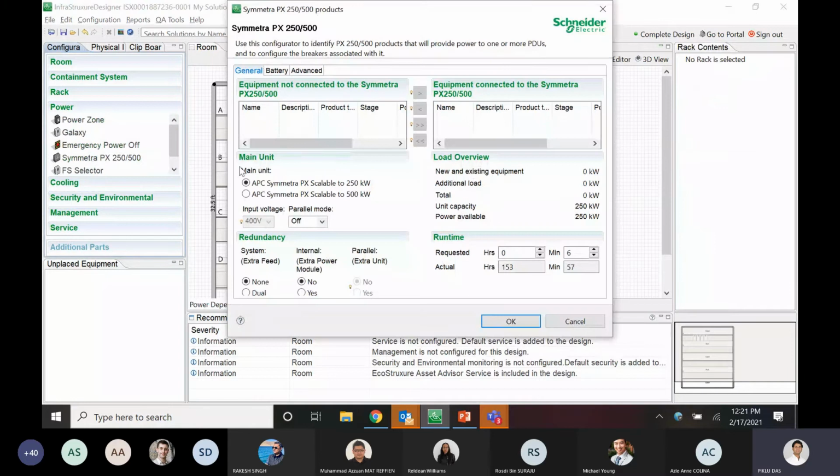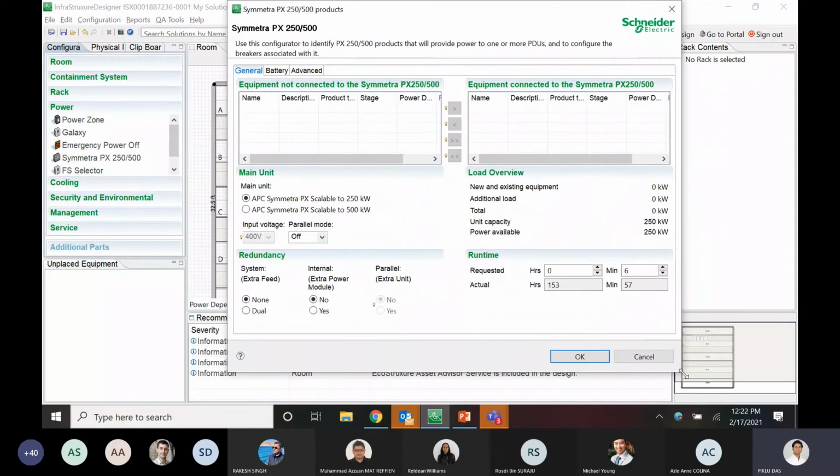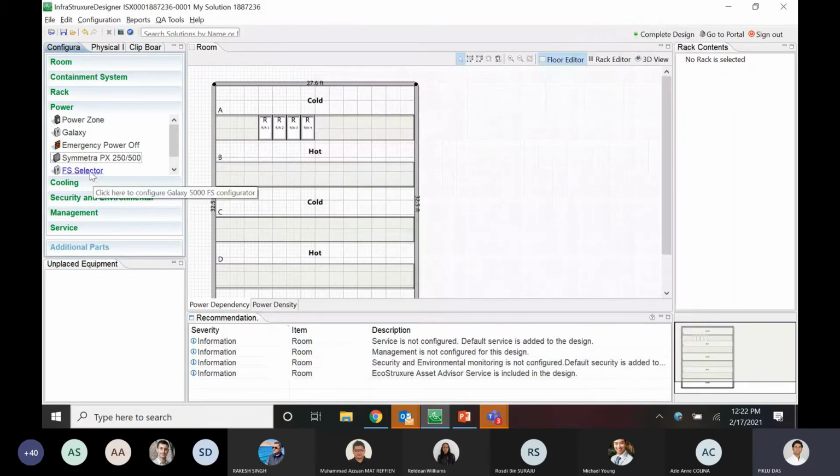and we also support the Odin in ISX designer, which is a higher capacity UPS that goes up to megawatts. As you can see from the capacity here, Symmetra PX is scalable to 500 kilowatts, right? So it's a megawatt UPS that we support here, and also the FS selector.